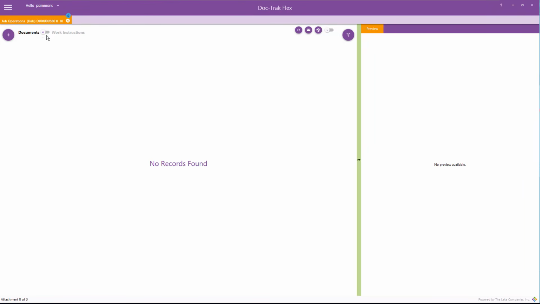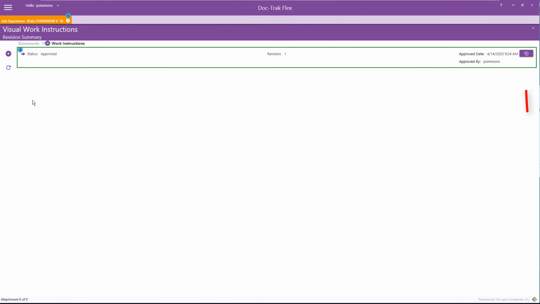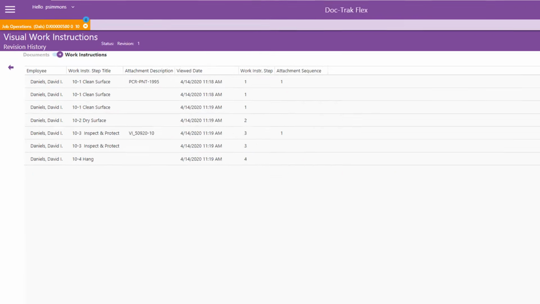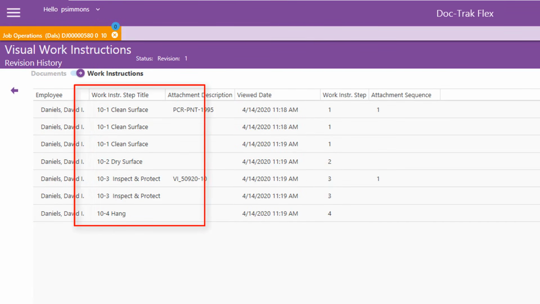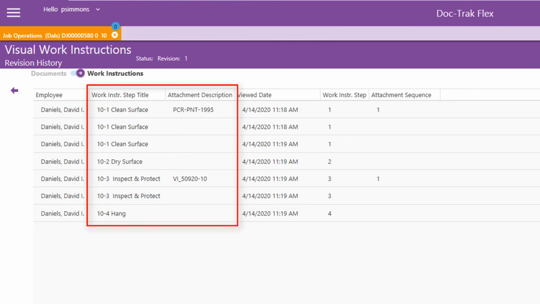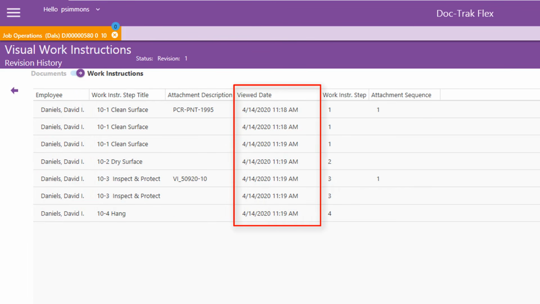When you slide over to the work instructions, you can select this icon to see the activity log. For every step that was completed, you'll see the employee, work instruction and attachment information, and the date and time that it was accomplished.